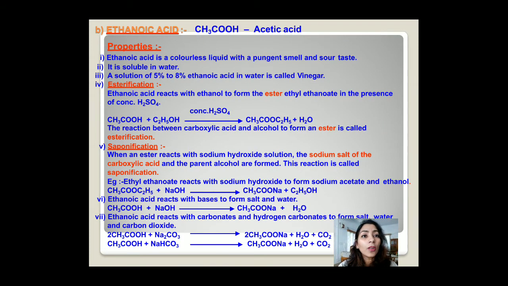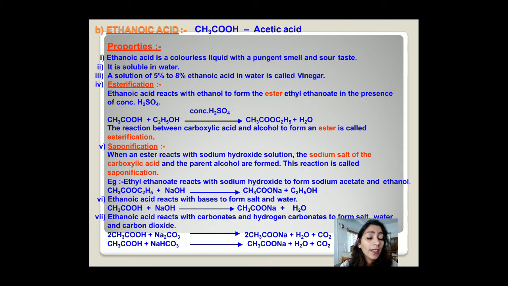Next compound is ethanoic acid. Ethanoic acid is the chemical name of acetic acid. Acetic acid is CH3COOH. For everything we have two types of names. The first is a common name, as people give their kids a general name, like Golu, Molu, Chotu, anything. Then there is a formal name, which is used in their school and office. Like this, we also give a chemical name to each and every compound by the IUPAC. What is IUPAC? IUPAC is the International Union of Pure and Applied Chemistry.